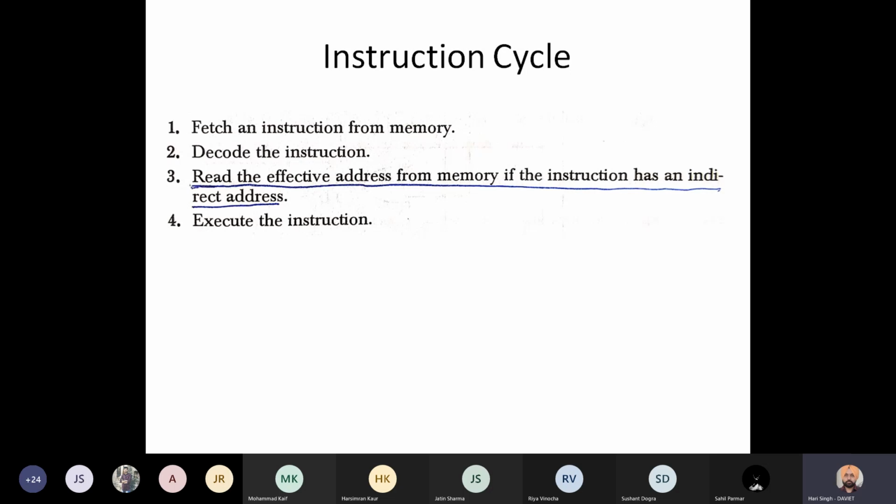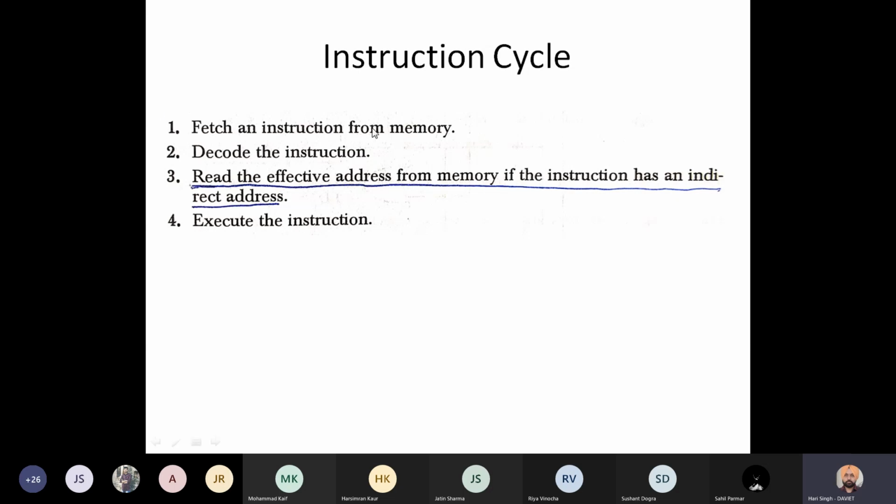Then the instruction cycle, this is what we were discussing. The instruction cycle basically contains the steps which are used in execution of an instruction. So it includes fetching the opcode from the memory. Basically the program codes are placed in the code memory. Codes are fetched one by one and then the microprocessor performs execution. So the first step becomes fetching the opcode.